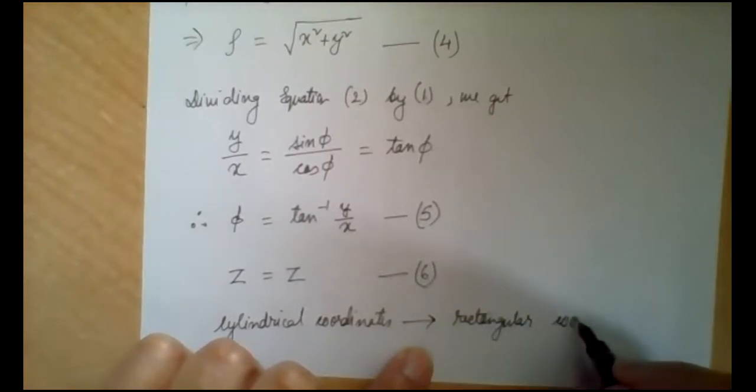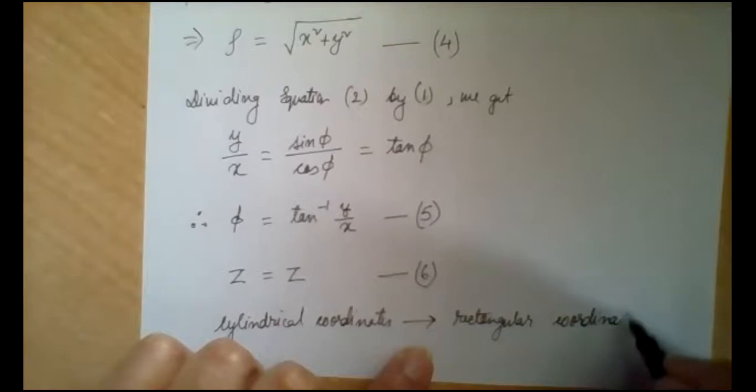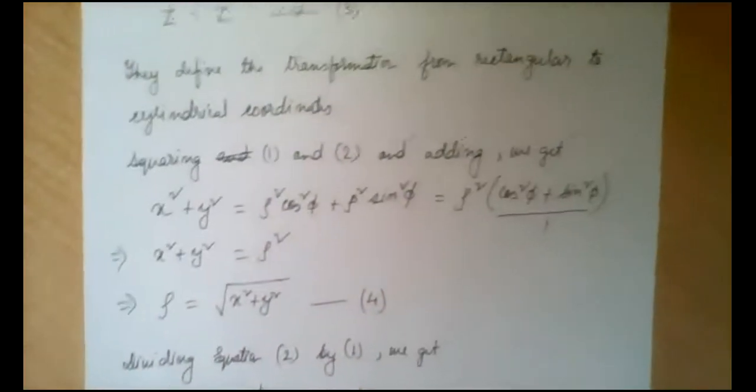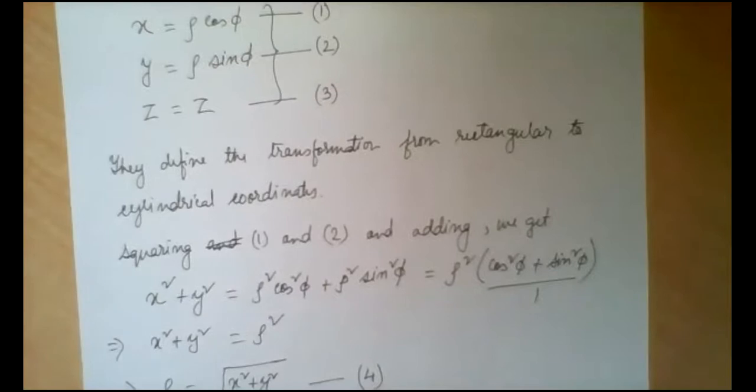Rectangular coordinates. This is the transformation of cylindrical coordinates to rectangular coordinates. Next, I will discuss